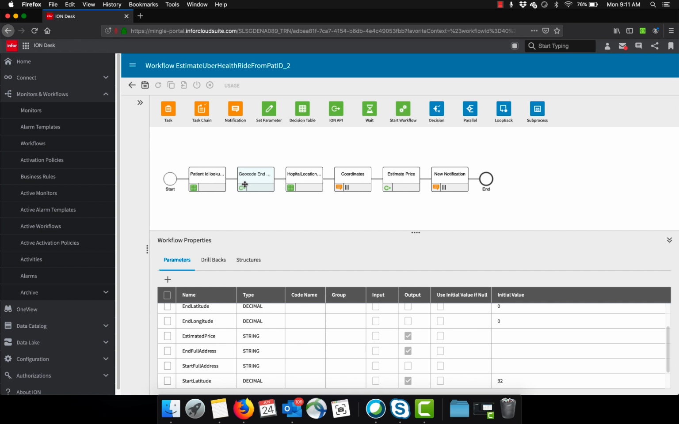We also have to define the possible GPS coordinates for all hospital locations for pickup, such as the emergency room, the main entrance, or a clinic. We do this through a lookup table here on step 3. And in the next to last step, we actually call the Uber Ride Estimate API with the information that we